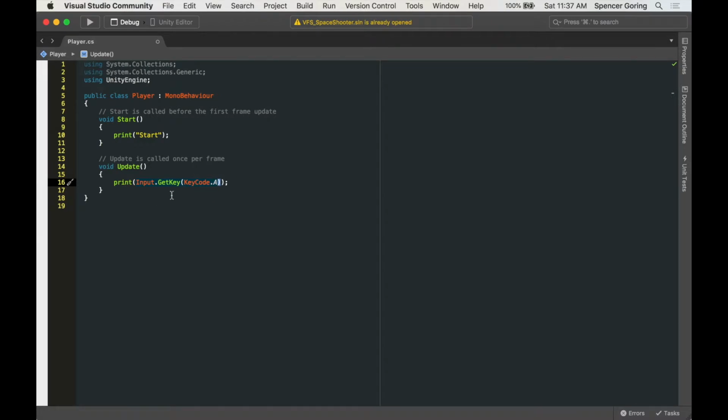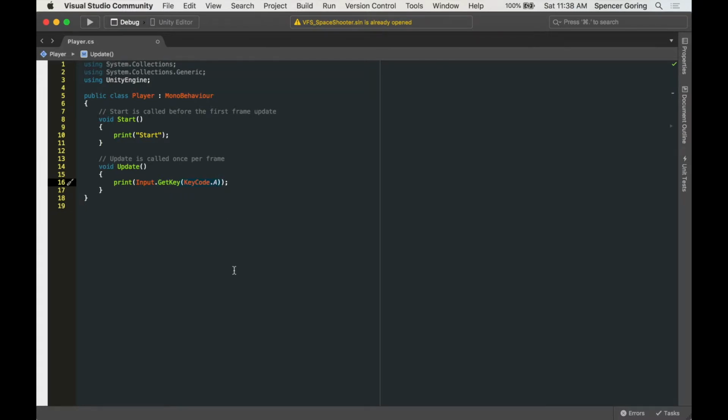And with that knowledge, it'll give us back something, which we'll see in a second, to tell what that's doing. So this part is check a key if it's pressed down, if it's currently being held down, right? If you hover over this, it'll actually give you some information. And it just says returns true while the user holds down the key identified by the key code parameter. So the key code that we're giving it is A, and so we're just saying that A is the key